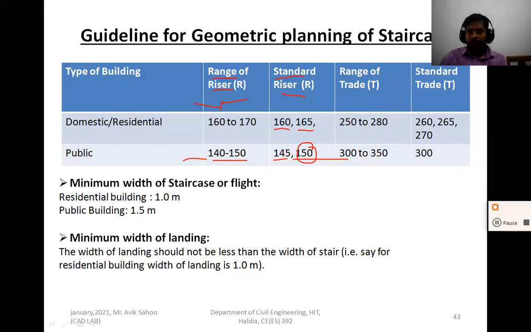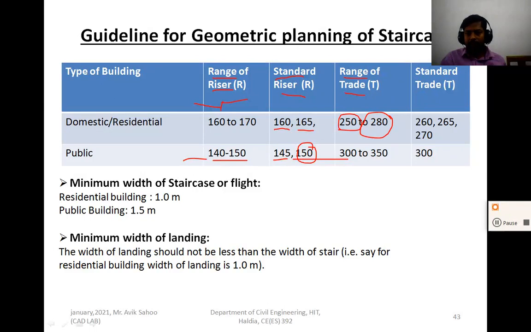And again the range of tread starts from 250. The tread dimension starts from 250, and the maximum you can give is 280.